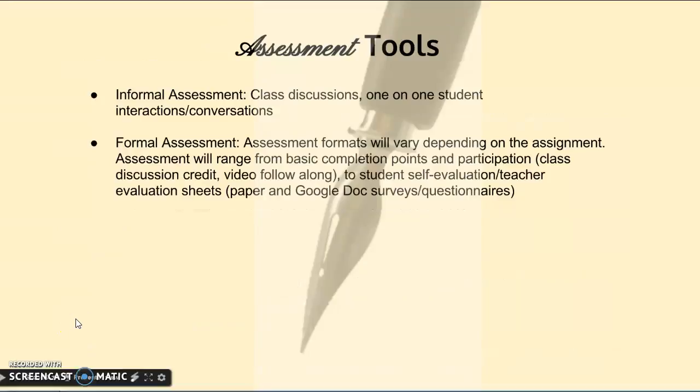And then finally, with the assessment tools, the informal, that's pretty self-explanatory. Class discussion, one-on-one student interactions and conversations. And then for formal assessment, that's going to depend on the assignment. Some of it is going to be basic completion points for things like class participation and the follow-along. Whereas I'm looking to use the Google Doc questionnaires and surveys for them to complete their self-evaluations, and that's also something that I can reflect on and leave my comments with when I evaluate them for their formal assessment for their final product. And that's something that I'll have examples with,